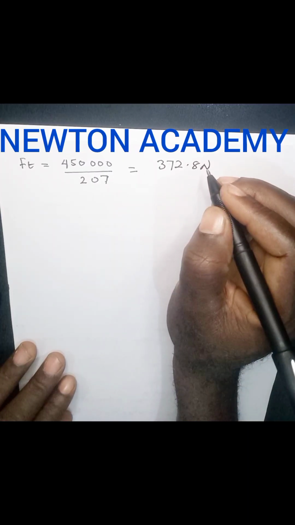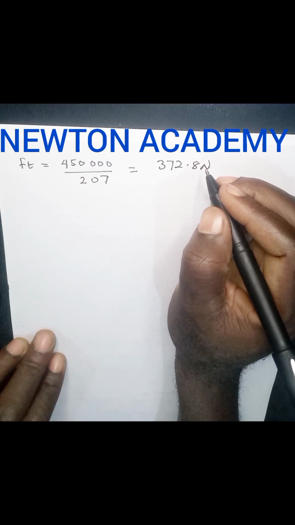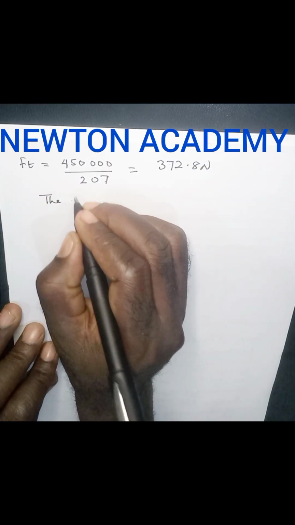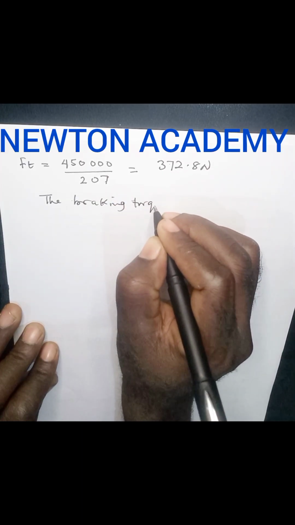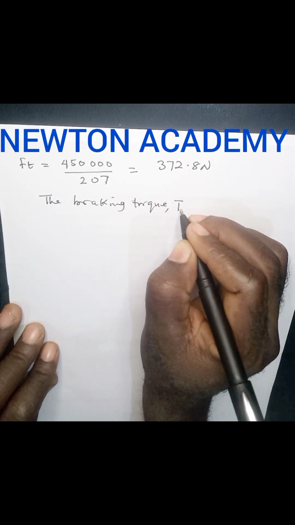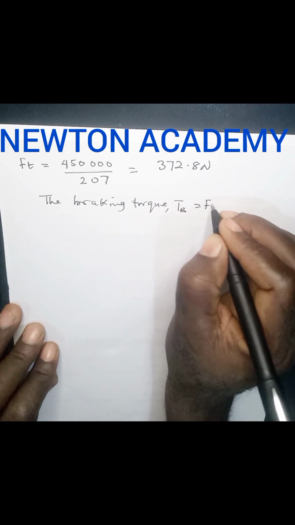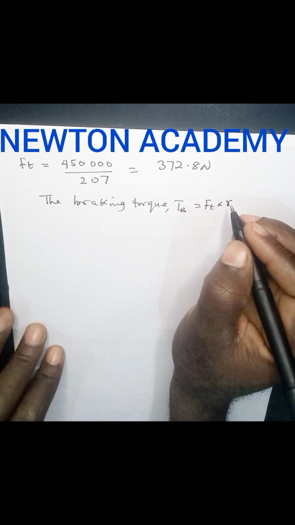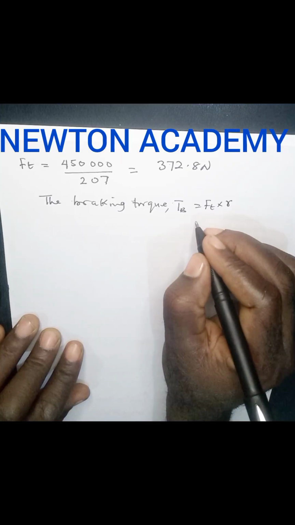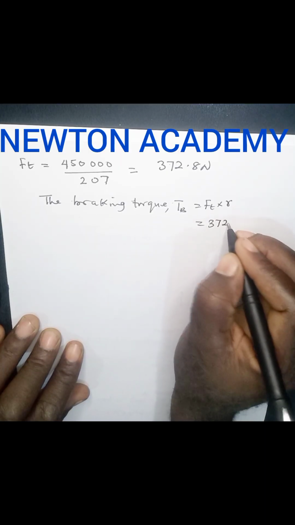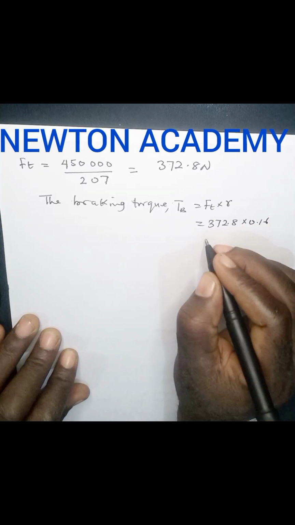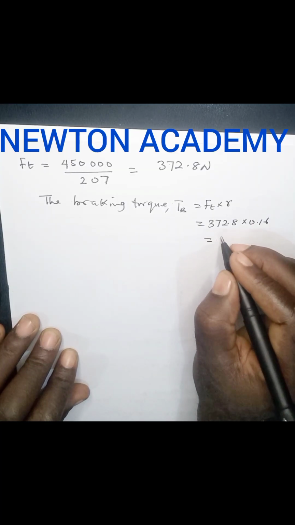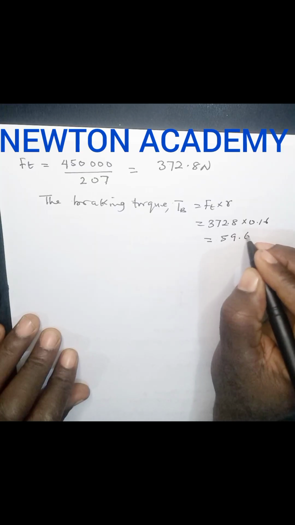372.8 Newton. Then from here we can now calculate the braking torque. The braking torque TB we know is equal to tangential force multiplied by the radius of the drum. This will be 372.8 multiplied by 0.16, and this gives us 59.65